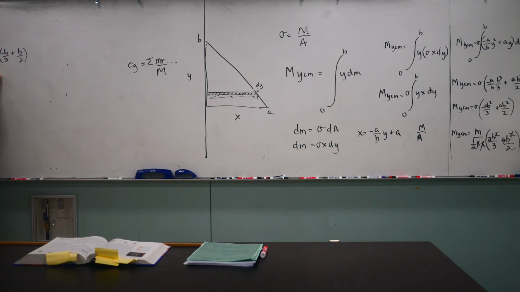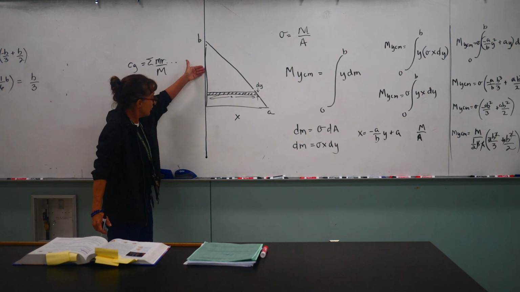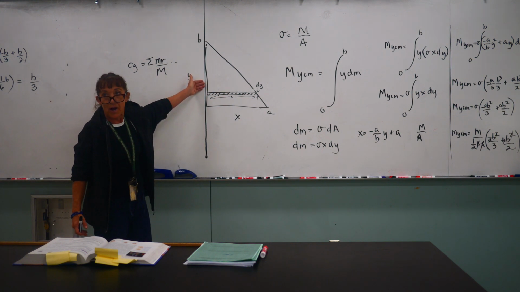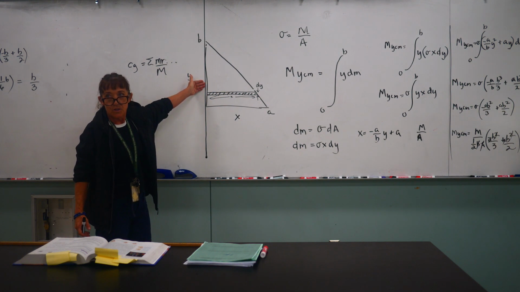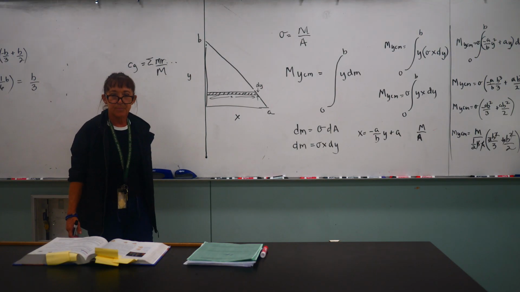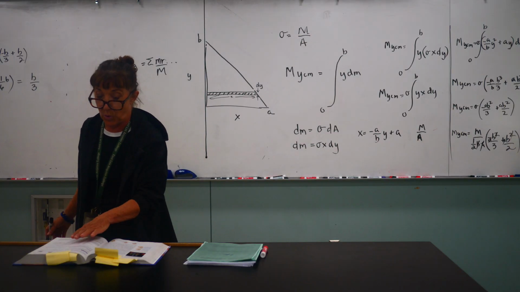So this is going to be 2 times one sixth b, which is equal to b over 3. So one third b. Your center of mass along this axis is one third of the way up. Okay, so it's going to be very important to learn where your